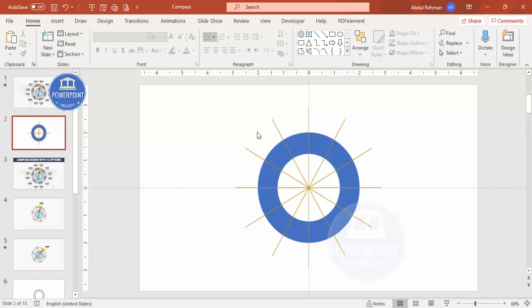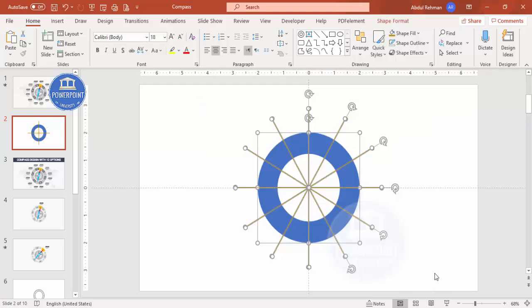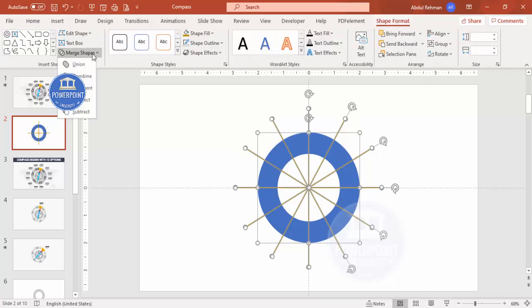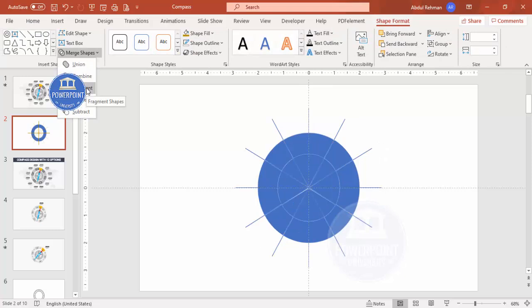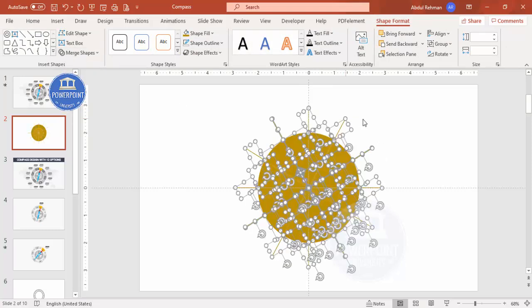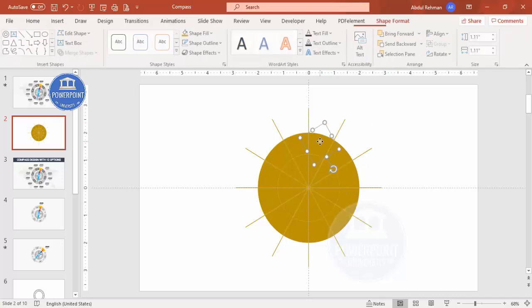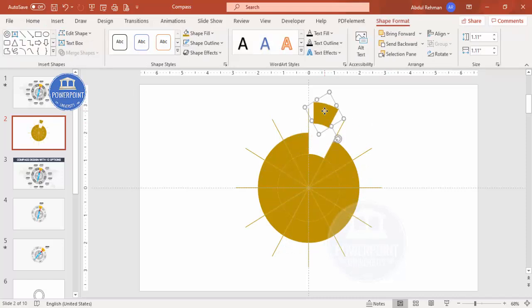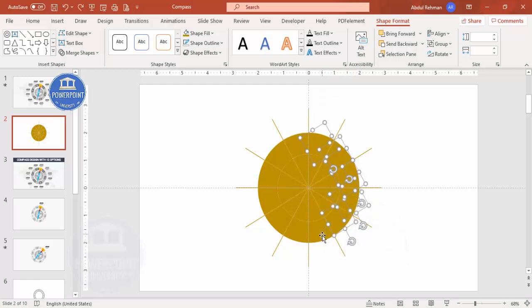You can see here I can make the pieces. To do that, first of all you need to select all, or you can press Ctrl A to select all. Go to the shape format, merge shape, and simply say fragment, you can see here. And then you can see here it has become separated. So now hold the shift key and just click on this one, you can see here,